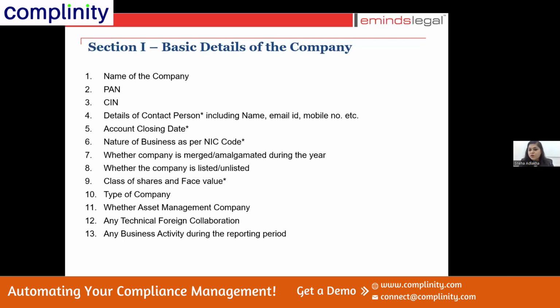Next is account closing date. For example, if your company has account closing date as March, you can enter March or December or